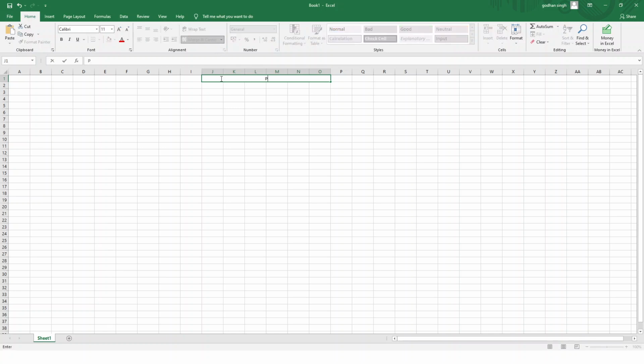Probability and dice roll simulation. Now in this what we will do is that we will take two dice, say die 1,